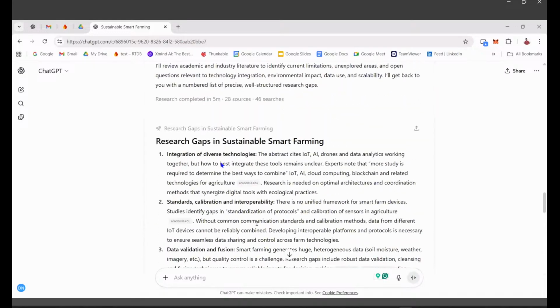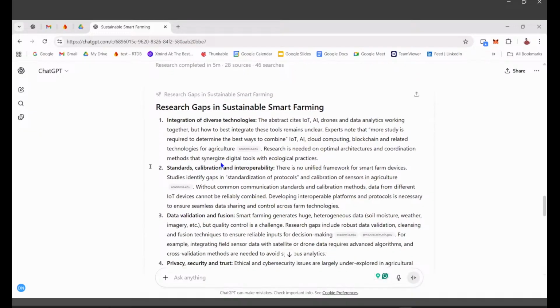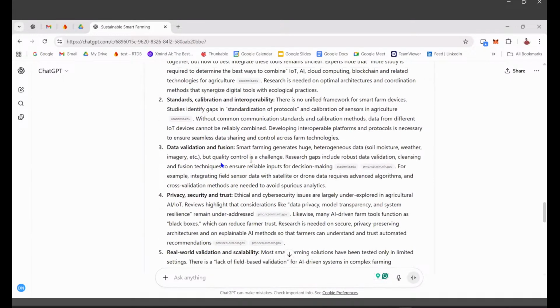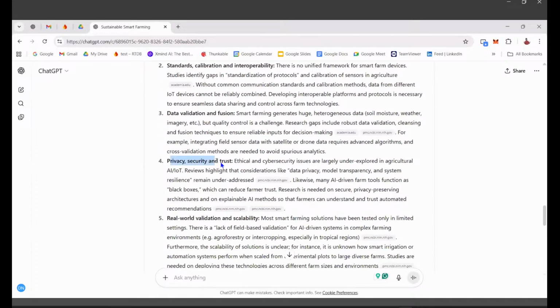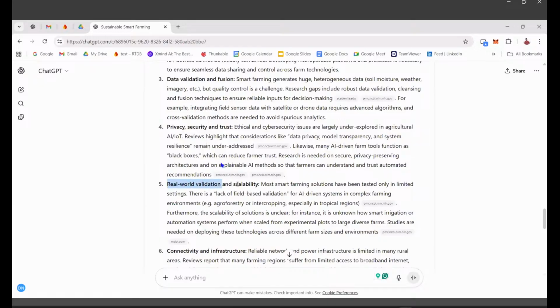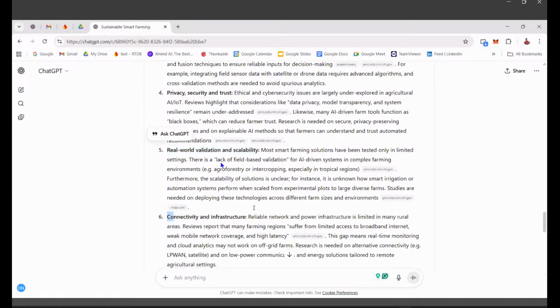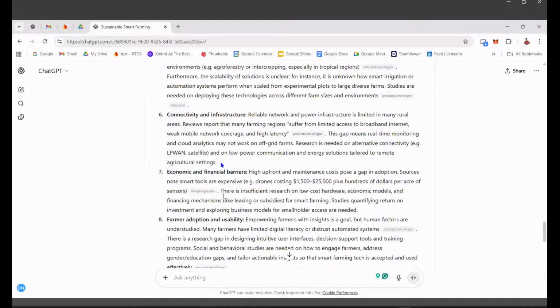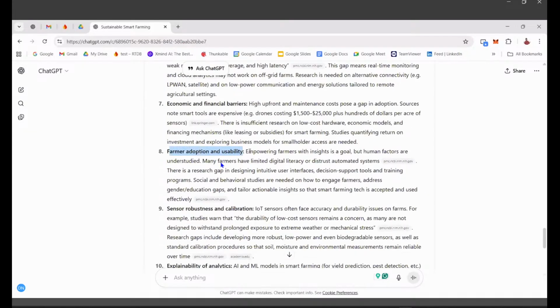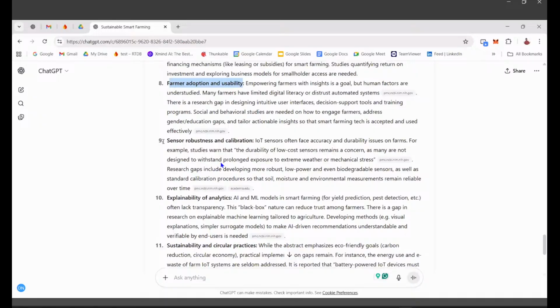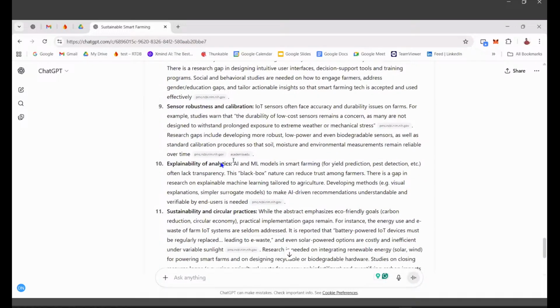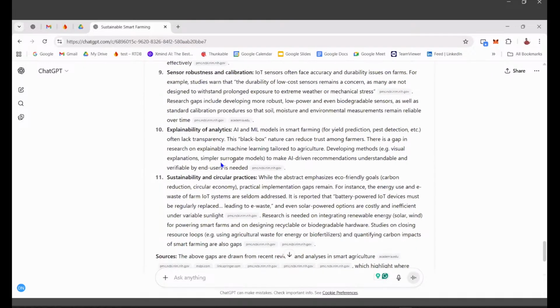Starting with integration of diverse technologies, standards and calibration, interoperability, and next data visualization and fusion, privacy, security and trust, real-world validation and scalability, connectivity and infrastructure, economic and financial barriers, and farmers' adoption and usability. It goes on with sensor robustness and calibration, explainability of analytics, and next sustainability and circular practices.